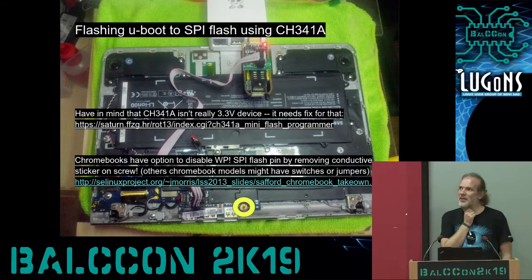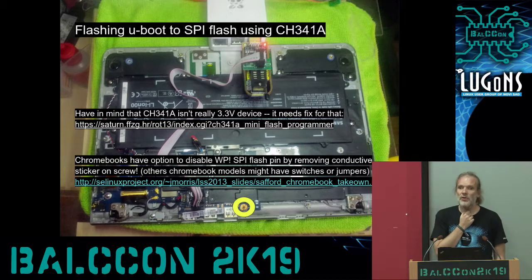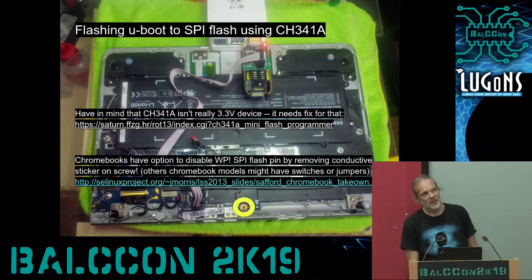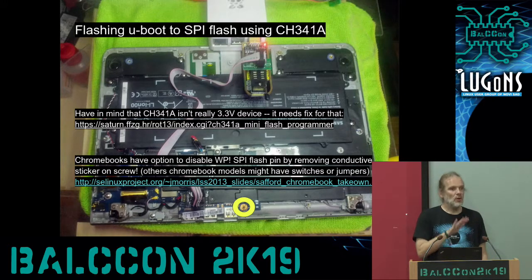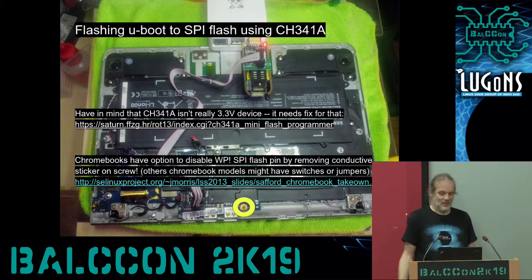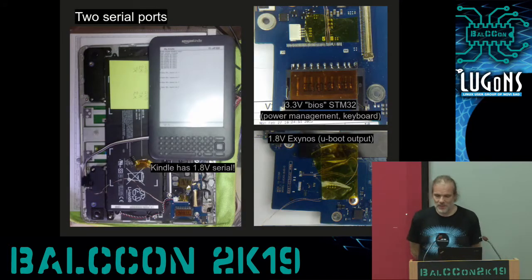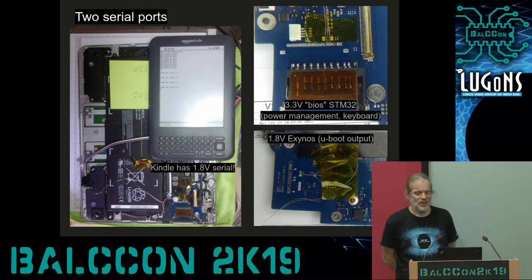And the Chromebooks are interesting because they are actually designed so you can reflash them. When you open the Chromebook, these days it usually has a conductive sticker on one of the pads. This is the pad denoted on this slide with the yellow circle, which enables you to actually disable write protect on an SPI flash. So Google is actually giving you the ability to take control of your Chromebooks. And in my case, I decided to take it. The problem was, and we'll come to this recurring problem,